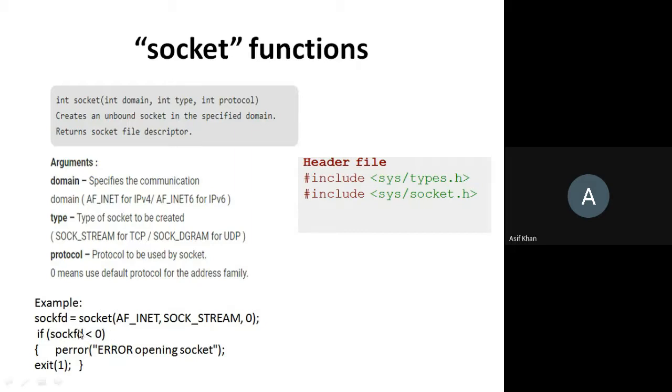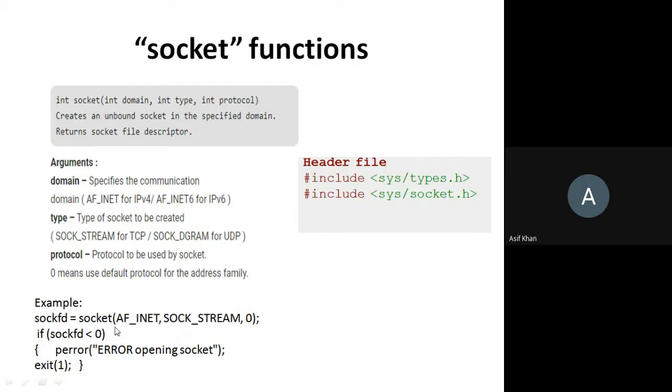Here in this example, the socket function is called, and AF_INET is passed for an IPv4 internet socket. Then SOCK_STREAM is passed for a stream socket. Then the last argument is the protocol that will be used. Since it's a stream socket, the TCP protocol is used. You can pass TCP or you can write zero also. If you write zero, it will automatically take whatever protocol is required.